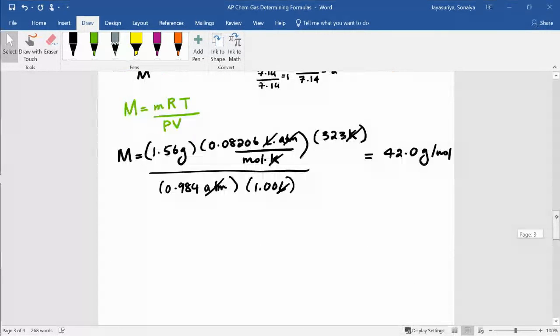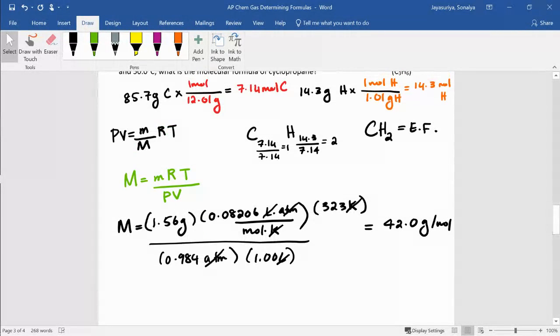All right. Now that you have the molar mass of the actual molecular compound, what's left to do is to figure out the molar mass of the empirical formula, which is just going to be 12.01 plus 2.02. So this is going to be 14.02 grams per mole, okay? And you can just divide,